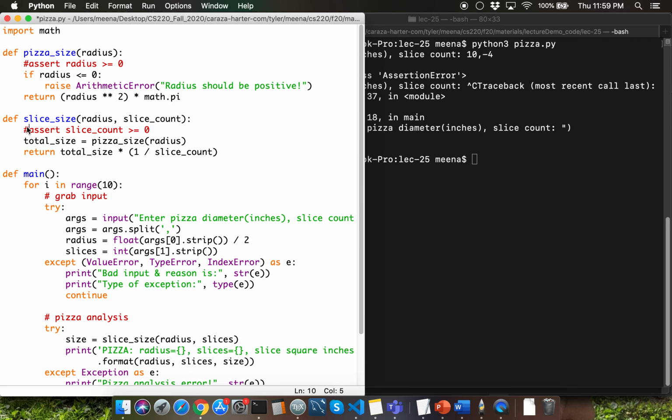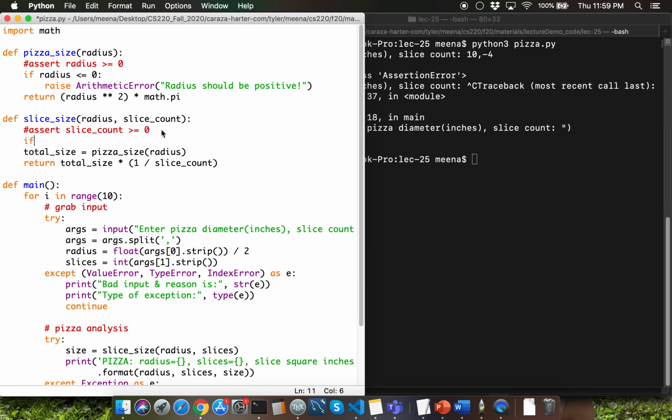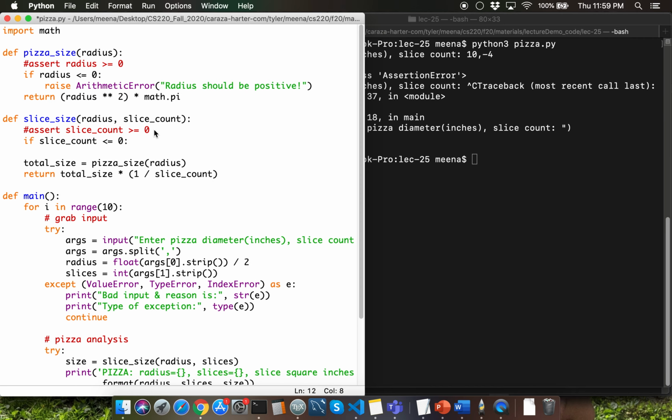That's because I asserted it. Instead of asserting it, I can imagine having another if condition which says if slice underscore count is less than or equal to 0, then actually let's make both of these conditions less than, because 0 count gives you valid input and valid output.